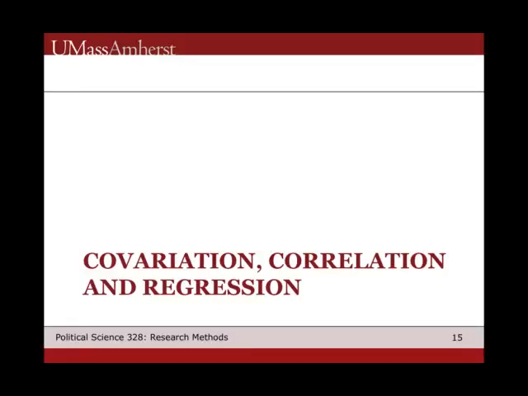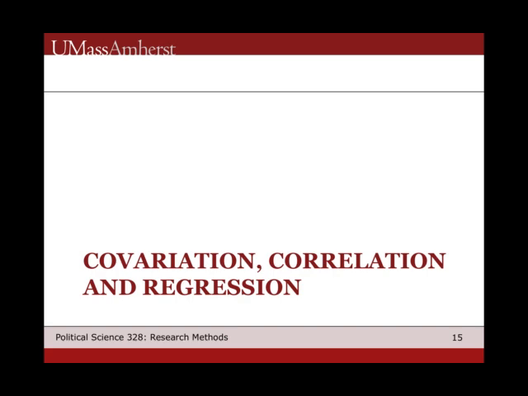This is the second part of the second lecture series on statistics for PS328. We're now going to move on from looking at tests for statistical independence, where we were not dealing with, in essence, two interval level or continuous variables, and look at methods that deal more explicitly with our dependent variable in particular, but also other variables that are more likely to be interval level or ratio level. And in particular, I'm going to introduce you to three concepts, which is covariation, the equivalent of understanding